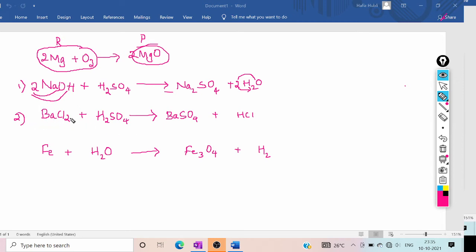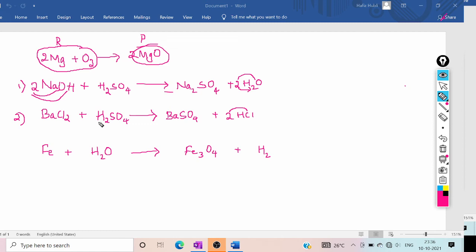Here there's a reaction between barium chloride and sulfuric acid, and the products are barium sulfate and hydrogen chloride. So first we'll verify. You can see here reactant side there's only one barium, and even in the product side there is one barium, so no need to balance the barium. Now we'll see the chlorine atom on both the sides. Two chlorine you can find in the reactant, and there's only one chlorine in the product. So here 2 can be used as a coefficient. So the two chlorine atoms here and here 2.